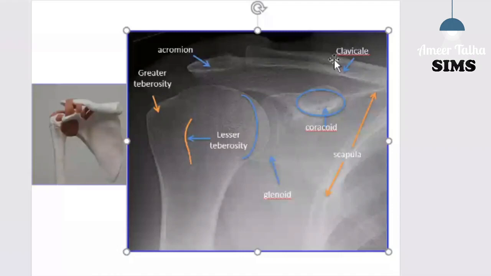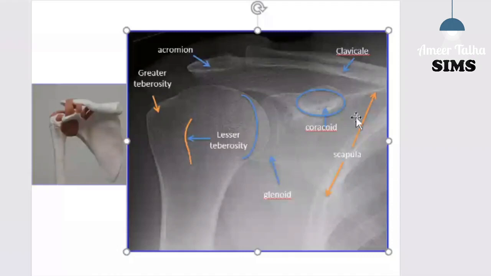Now, this area is the glenoid cavity. The whole of the glenoid cavity may have been colored, or in the central part you may be asked what is this. So glenoid cavity pointed here, infraglenoid tubercle, here at this level the medial border of the scapula, and this is the superior border, and this one is the coracoid process.